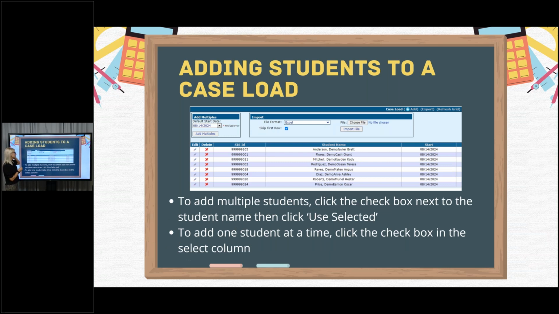All right, so this is what it's going to look like after you click the select all and add the students. So here we've got our students that we've added. Here's our start date that we entered, so that default date we entered when we were creating this class. So next, what we'll be able to do is